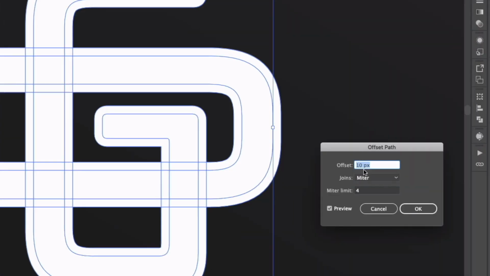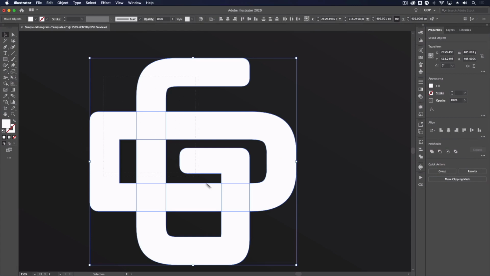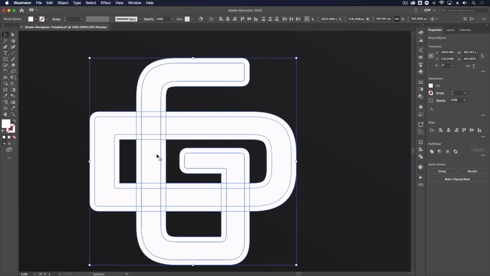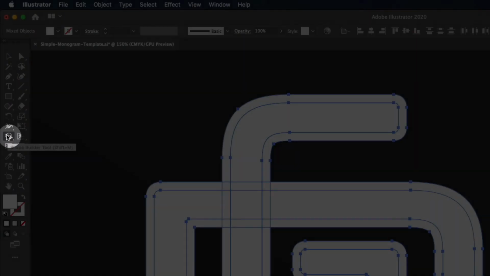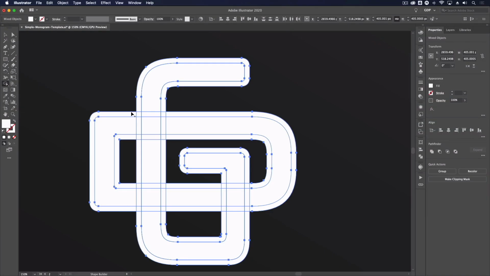Offset Path, and I'm just going to leave this at 10 pixels. I think this is fine for this example. I'm going to click OK. Now I want to click and drag over everything again, and then I'm going to use my shape builder, so Shift M on the keyboard, or it can be found over on the left hand side, and I basically want to get rid of everything on the outside